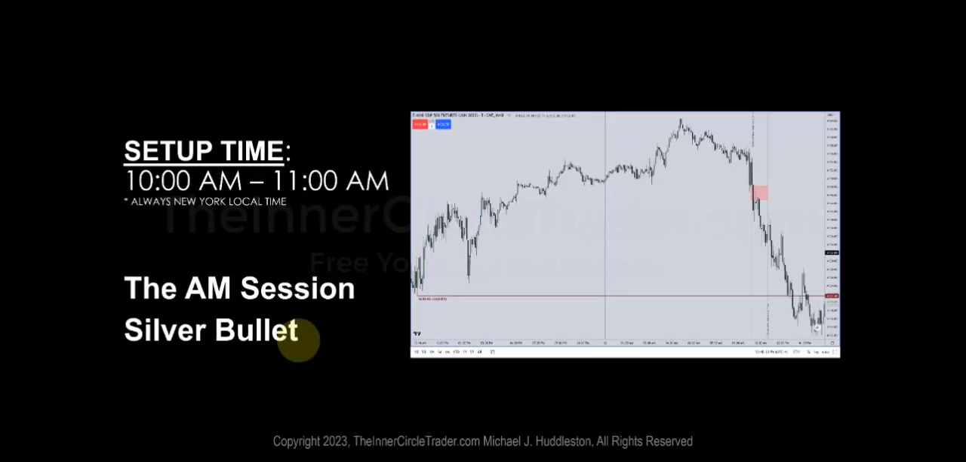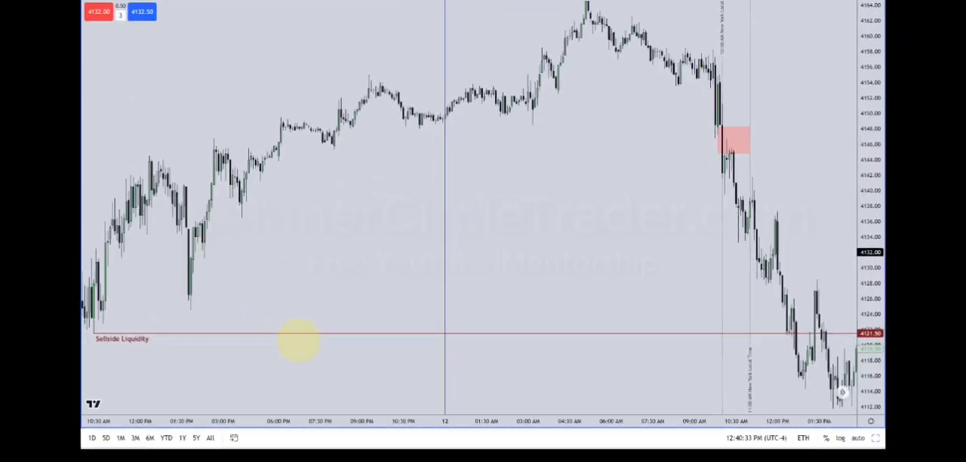All right, the second one in our continuing list of ICT silver bullet setups is the AM session. Now this one is focusing on the 10 a.m. to 11 a.m., always New York local time. And let's take a closer look at this one now. Okay, so we are looking at the E-mini S&P once more, and the idea is between 10 a.m. New York local time and 11 a.m. we wait for when the market's bearish,